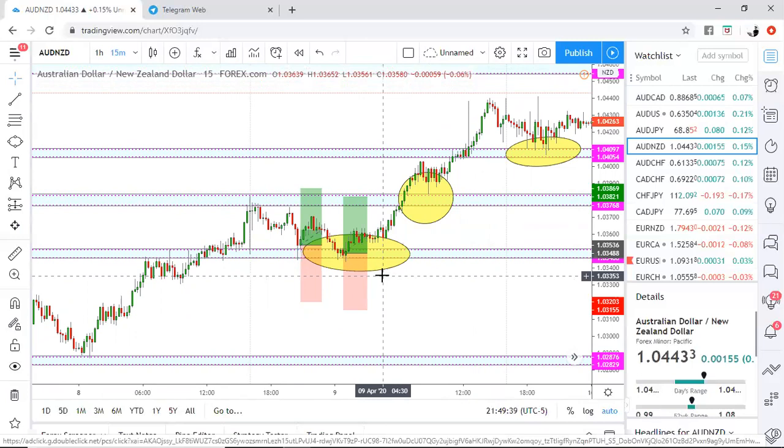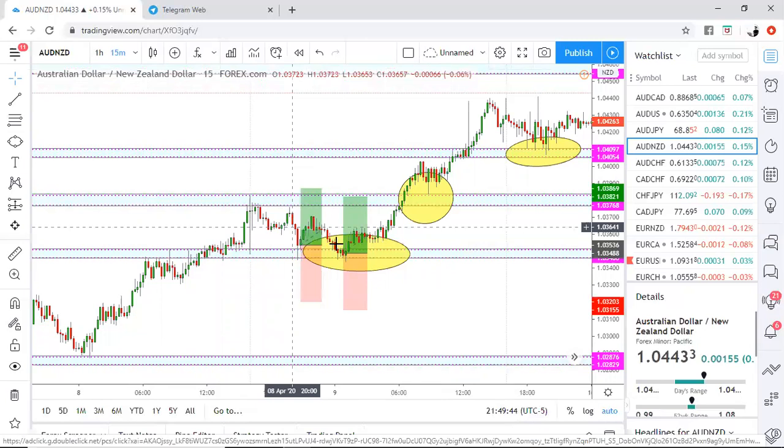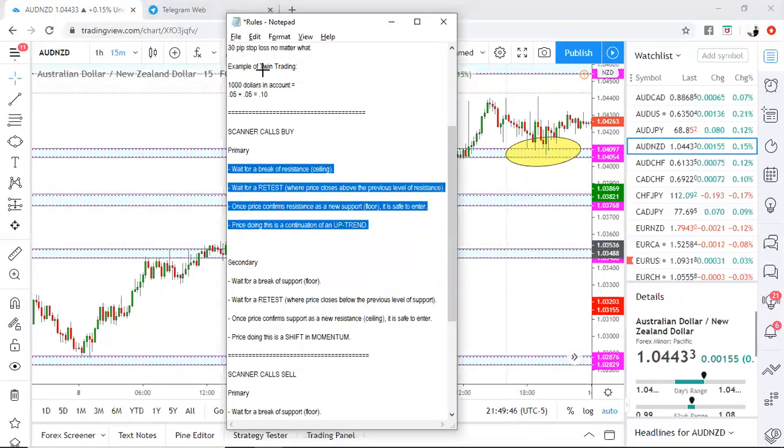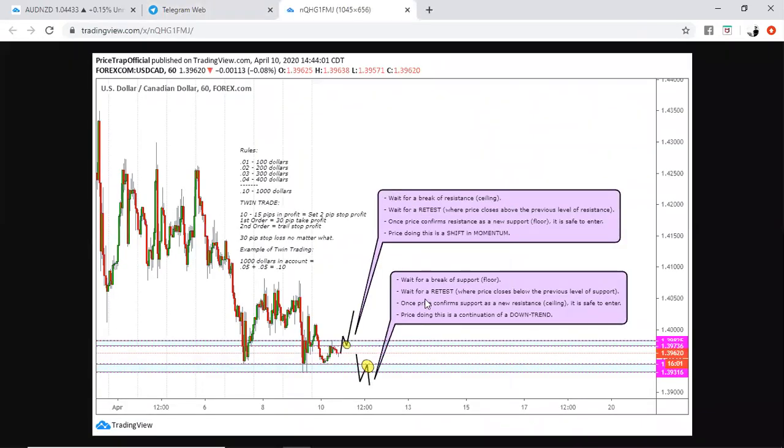reaction off these zones, it doesn't matter what happens. All that matters is price goes back into your zone and follows these specific rules that are given on the chart. All given here. How to twin trade, an example of how to do it to the upside. When we're looking for a continuation of a downtrend, it's